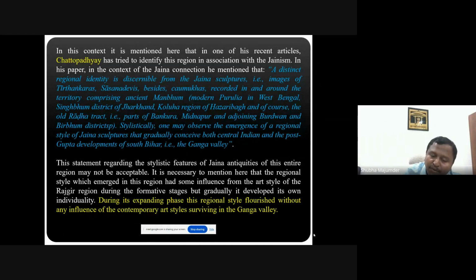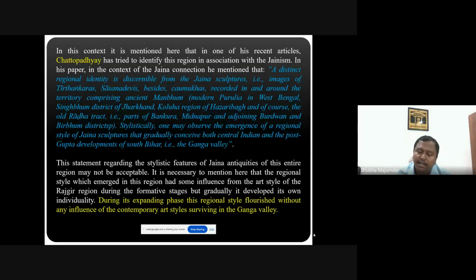During the expanding phase, the regional style flourished without any influence of the contemporary art style surviving in the Ganga Valley. So, after the exploration and after the extensive survey, it is understood here that this is the art style which started during the pre-early medieval phase. In some cases they have followed and are influenced directly, not by the Sarnath school or the post-Gupta art